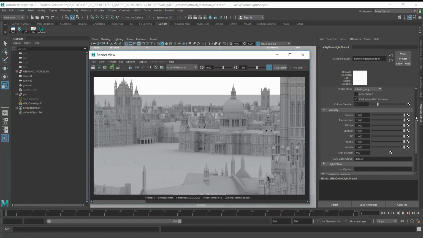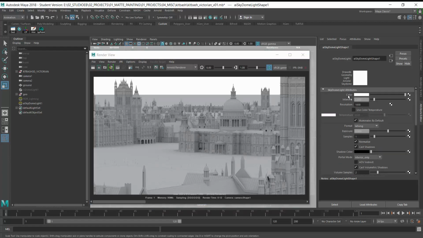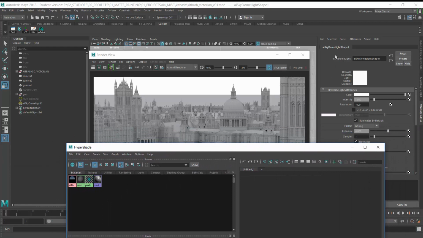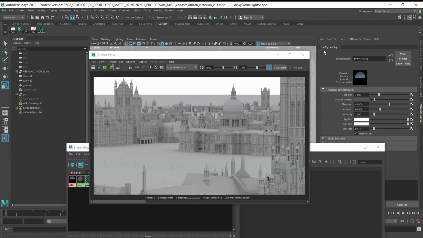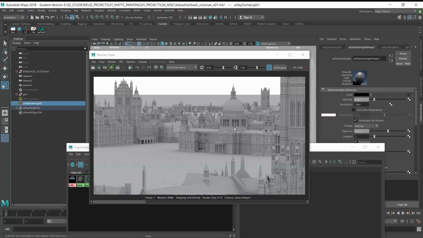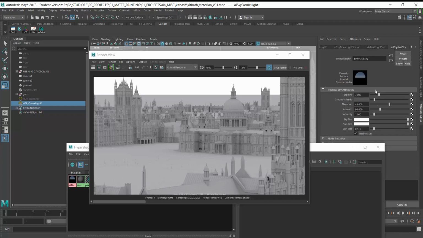And the whiteness that we're getting in the scene now is because the light of the sky from the Skydome light is white. So what we want to do is connect the physical sky node to the Skydome light. With the Skydome light selected, middle mouse click your physical sky shader and then just drag it into the color. And now basically the two are linked. So now if we click on our Skydome, and click over two tabs, you have the physical sky. So now if we do a render,